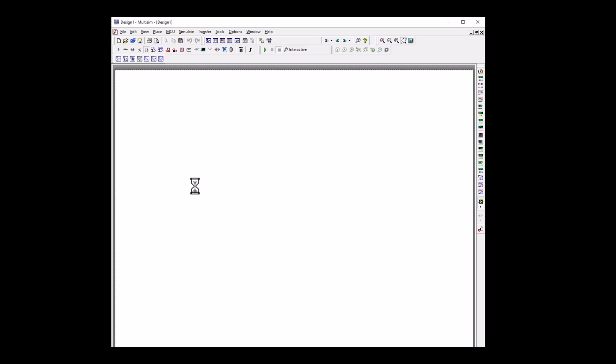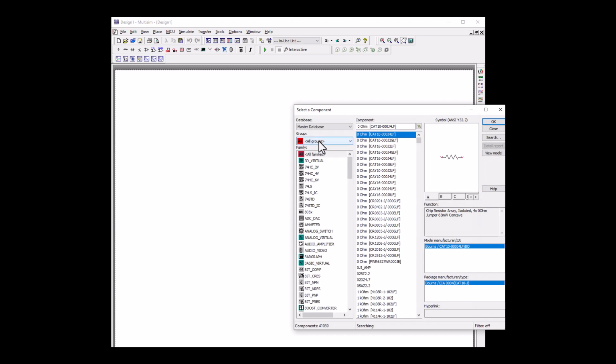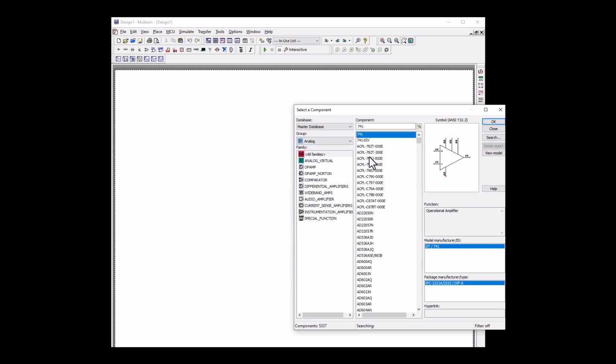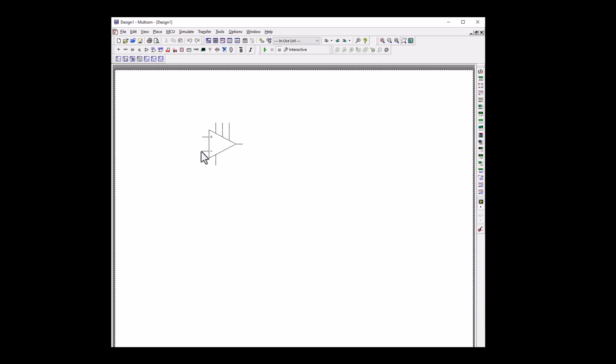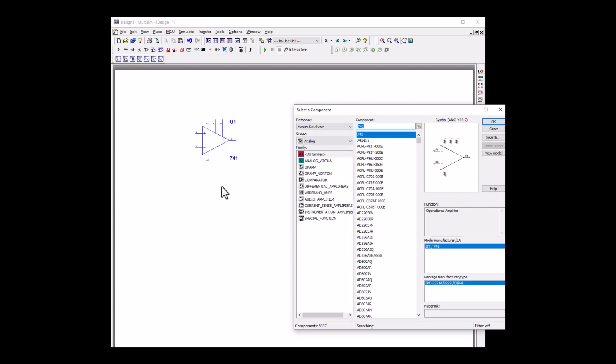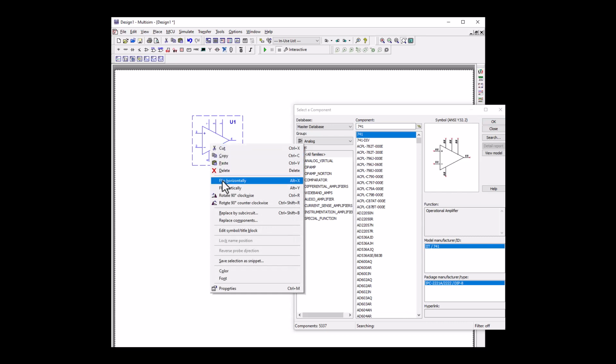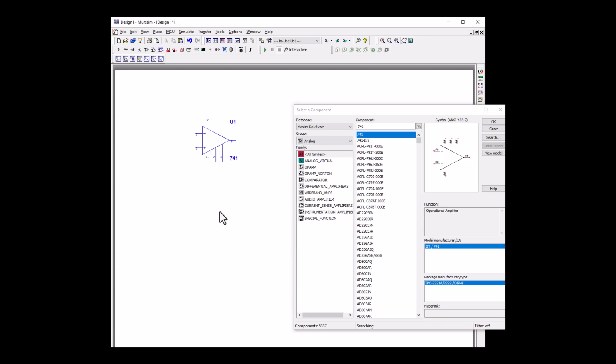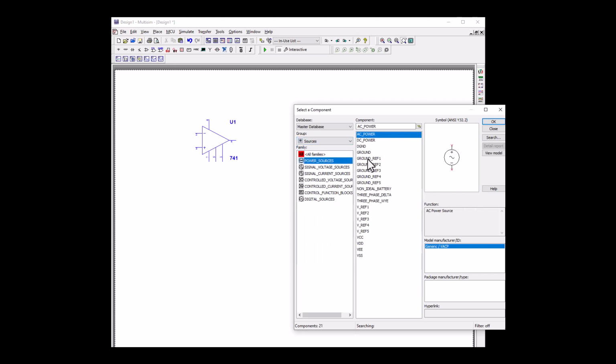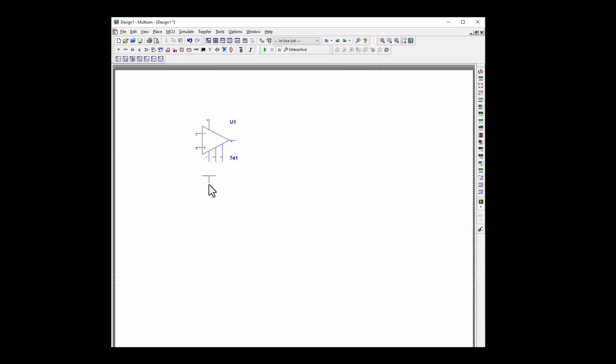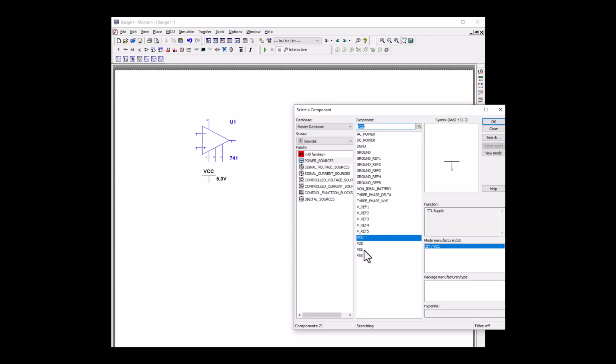So we're going to get an op-amp. Let's go to analog. Take the first one, 741. And let's go ahead and flip it vertically so that we can get at the minus, to make it look like our diagram. We're going to need a power supply, so let's go to sources, power supply. So we're going to get a VCC and a VEE,